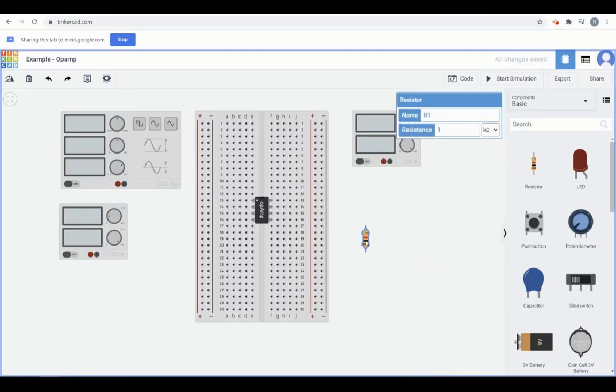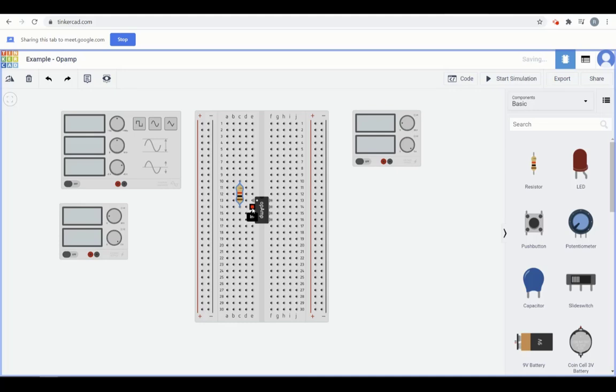R1 should go between what and what? Input and 2. Input and 2. So that means I have to give input somewhere.